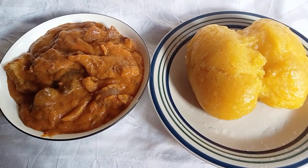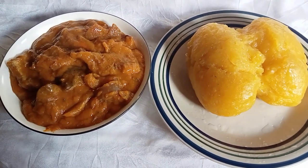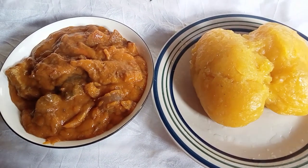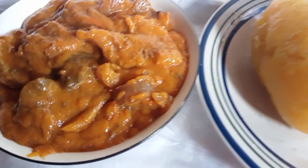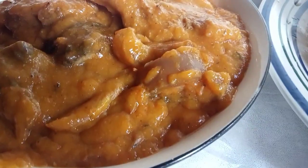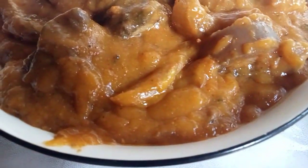So guys, this is how I served the food. Oghwevwri soup and starch. Guys, I tell you, this food was really delicious. It was really tasty. You want to try? Oh, please try and prepare this soup,